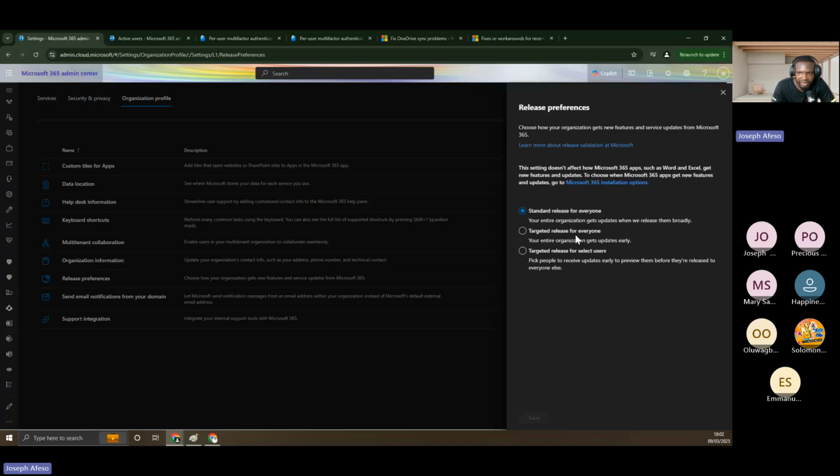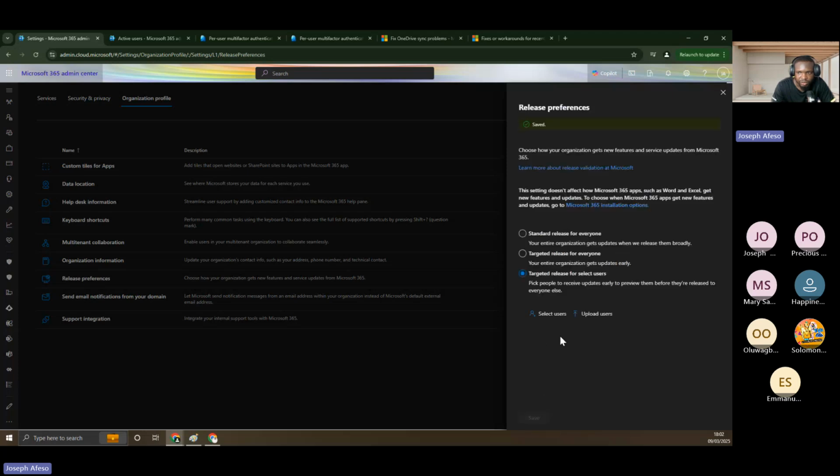Then Targeted release for everyone: your entire organization gets updates early, before they're even circulated. Then Targeted release for selected people. You can actually select some persons who would receive updates early as a preview, before they release to everyone. So if you put it here, I don't know, it's supposed to now give us the option to add